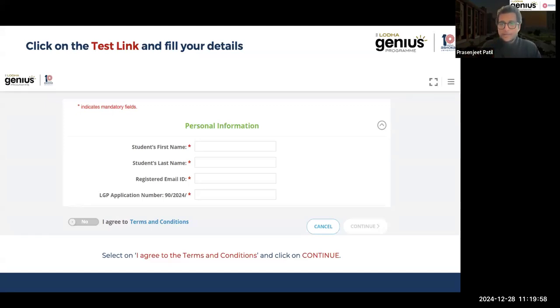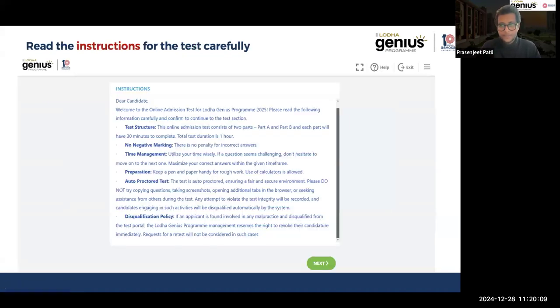Once you have filled in all these required fields, you click on the button agreeing to the terms and conditions, and then the continue button will activate and take you to the next section, which is the instructions. Take some time to thoroughly go through all the instructions. They tell you again about the test structure, the marking scheme, the preparation, and the proctoring aspects. There's also a disqualification policy that if any applicant is found in any form of malpractice or something that doesn't align with the test guidelines,